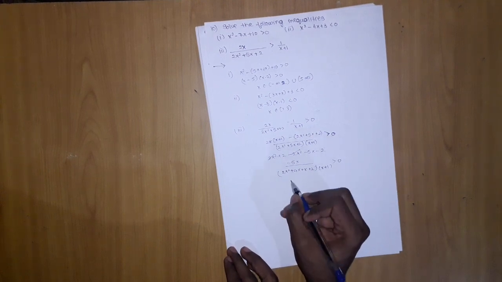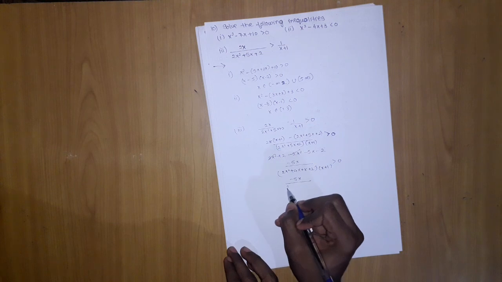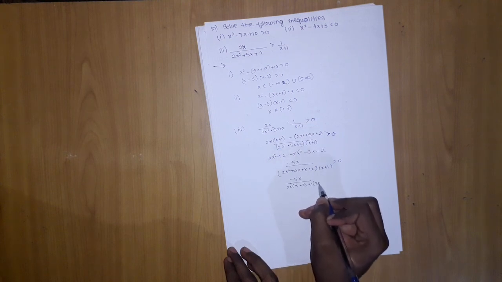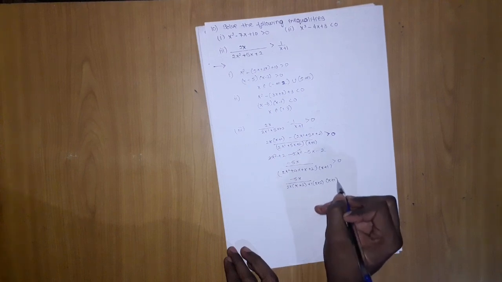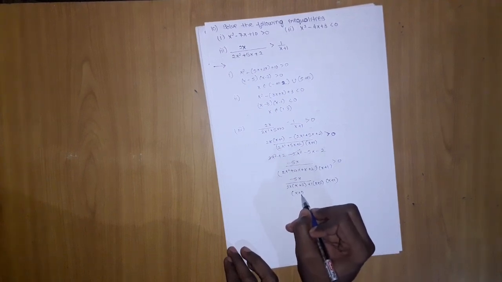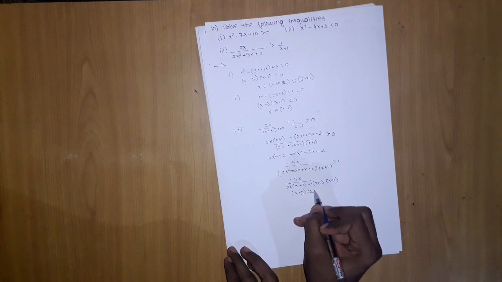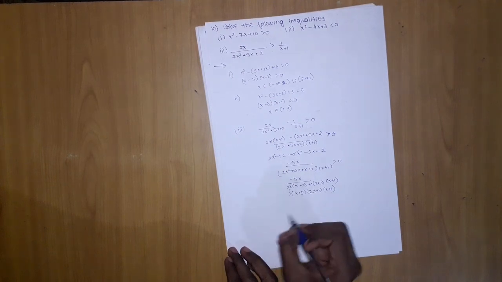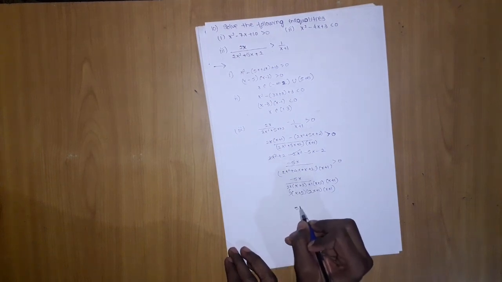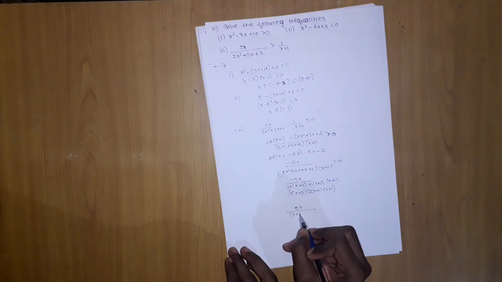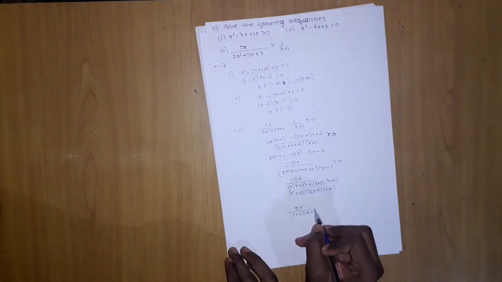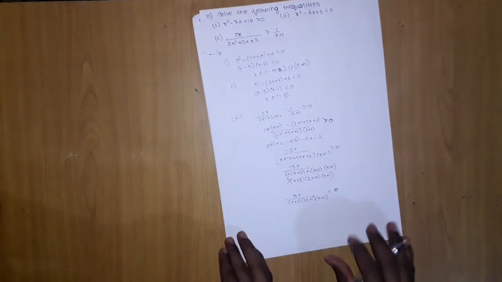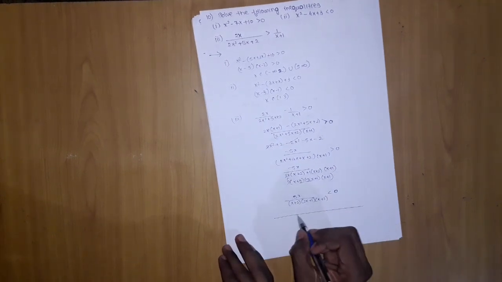Moving on ahead, minus 5x upon, if we take 2x common, it will become x plus 2, and if we take 1 common, x plus 2 into x, 2x plus 1 into x plus 1, we will get this after this step. Now in the last step we will multiply it by minus, and in the bottom we have less than 0.